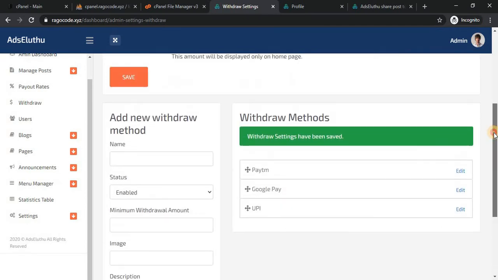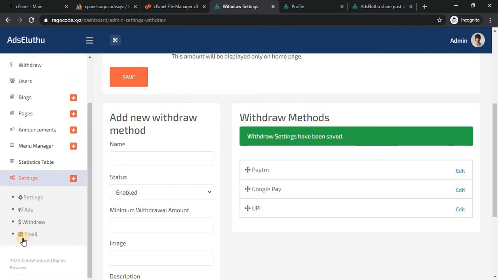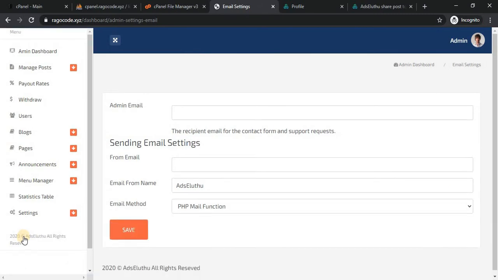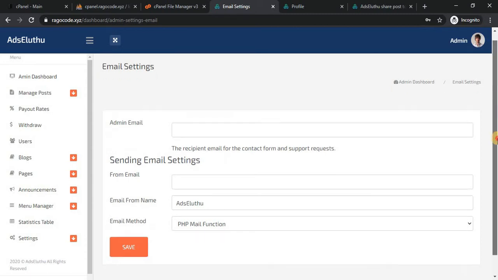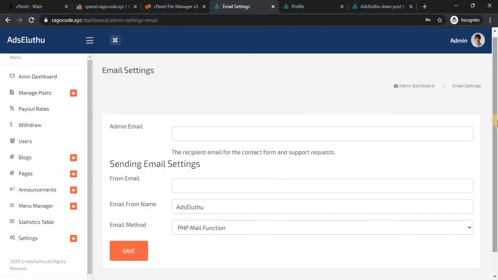All this is set, and then the important thing is email. The email is very needed and very useful. This is very important because of user registration after email verification and the password reset.